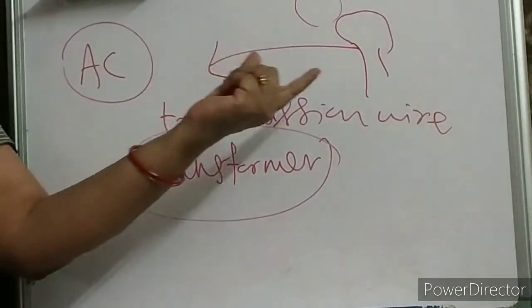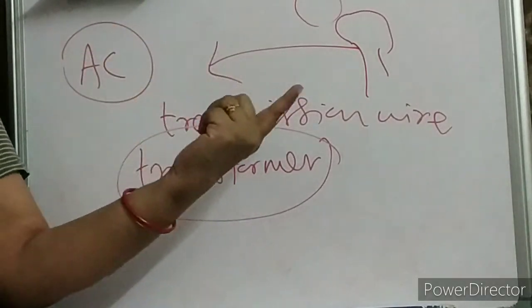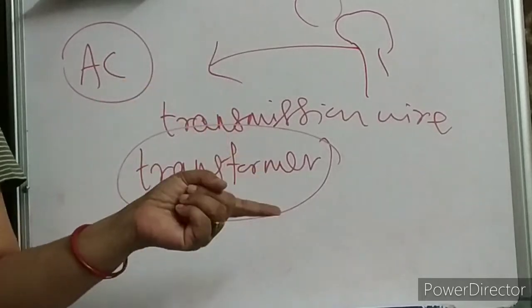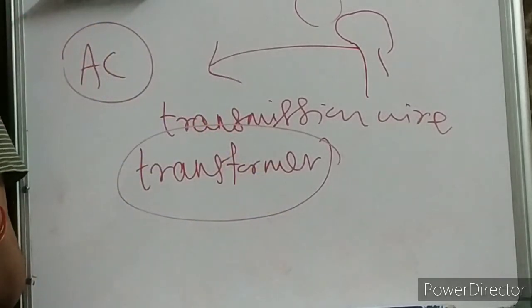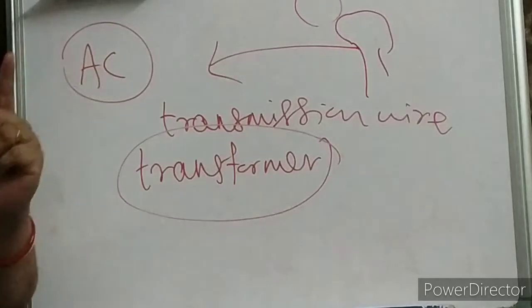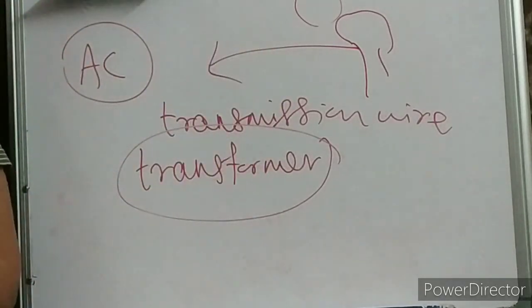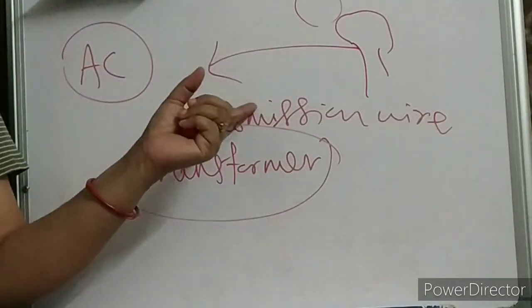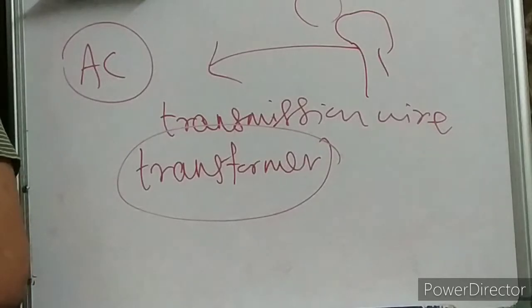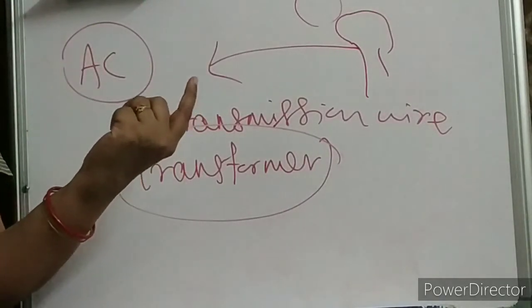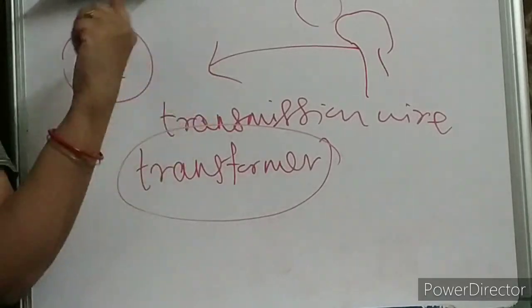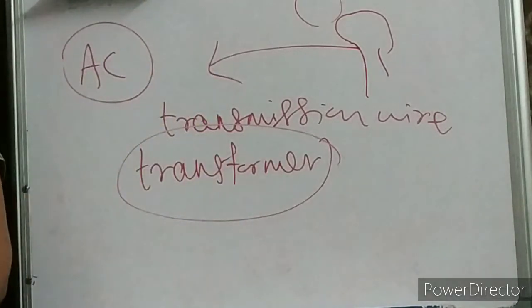That means to avoid this loss, to prevent this loss, in DC the loss is much more. So to prevent this loss, we will use AC. Hope I am clear with this, children. Hope I am clear with AC and DC, why AC is more dangerous, and even if it is more dangerous, why we are using AC.